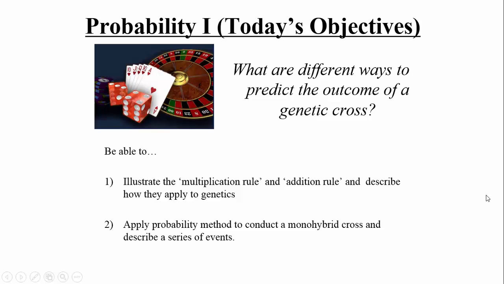In today's lecture, Probability 1, we'll be looking at some simple probability basics that we apply to genetics. Two things we're going to talk about are one, the multiplication rule and the addition rule, describe what they are and how they apply to genetics. The second thing we'd like to do is apply the probability method to conduct a monohybrid cross and describe a